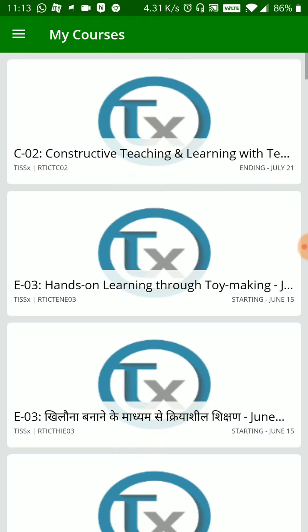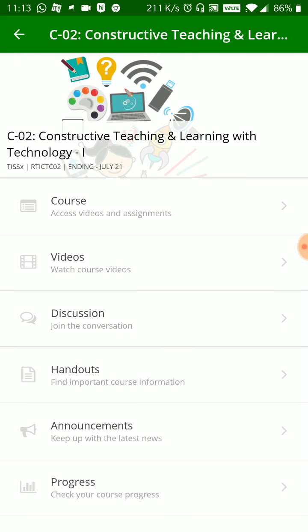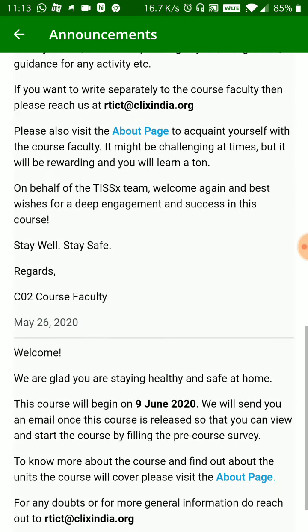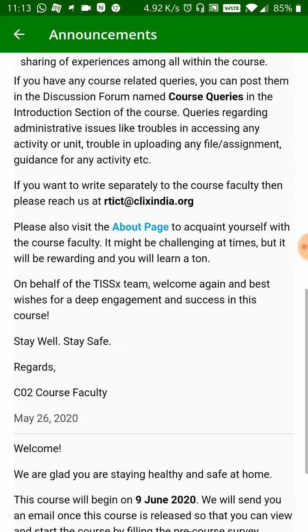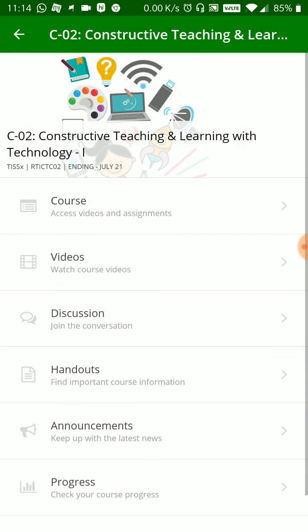Now, announcements are your home page. So what you would land on in the course is what the announcements will deal with, right? So this is your announcement. Whatever we have updated on the home page, we will be constantly updating, and you will get the announcements page there. You can click on this green bar which has an arrow key to the left to go back,